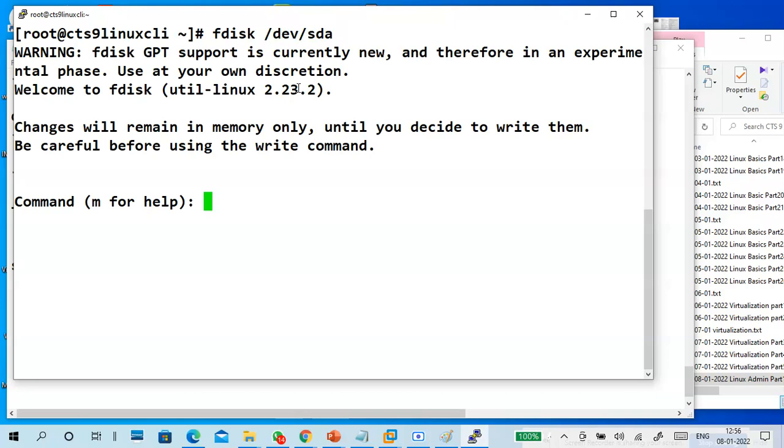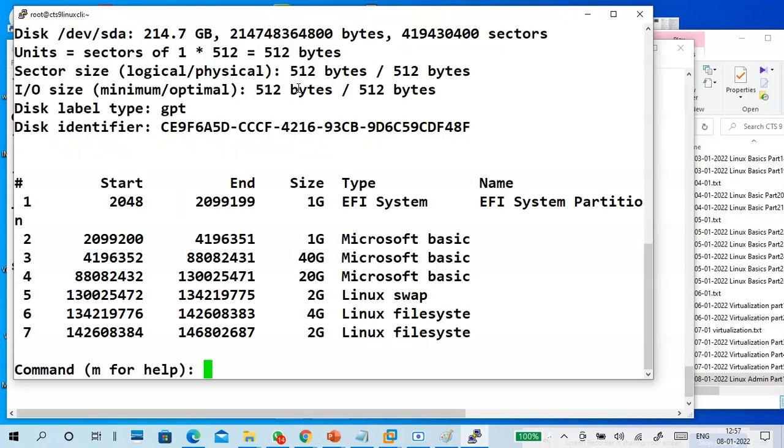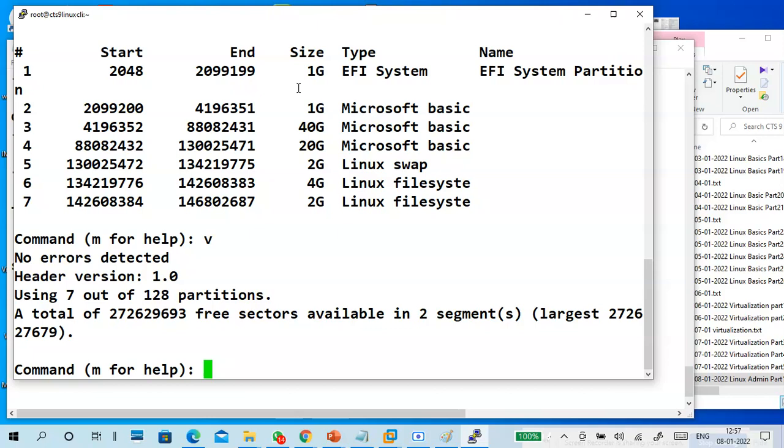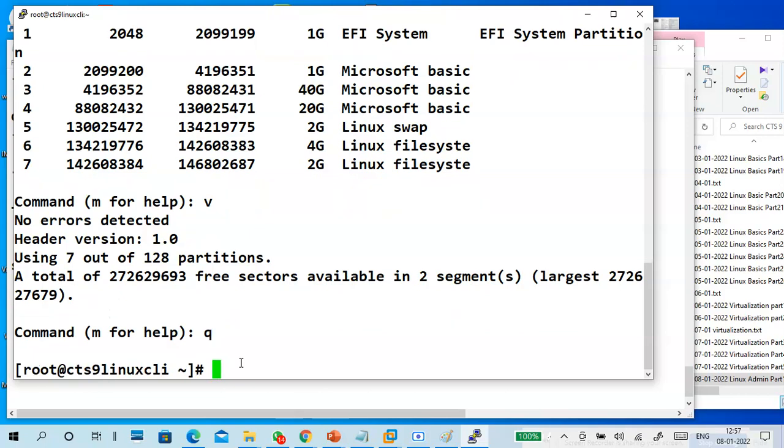Next one is p. 7 partitions are there. Free space is available. Now I want to verify something. I want to quit from here. Q to quit. I'm not saving anything. I quit from there.